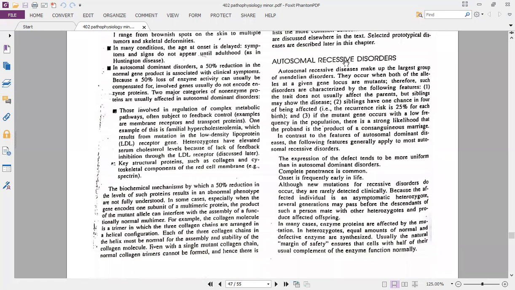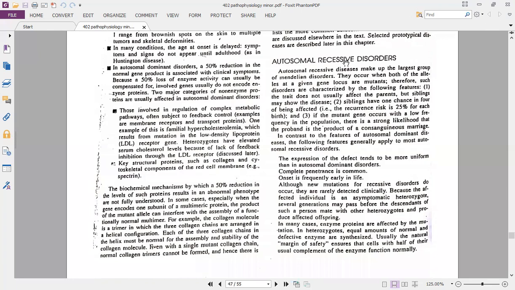Autosomal recessive disorders are ones in which, if two people are carriers of the same disorder, there will be 1 in 4 chances of passing on the disease to the offspring. For example, sickle cell anemia. If there is a carrier of sickle cell anemia, one individual is HbA HbS, the heterozygous condition, and the other is also HbA HbS. So when they both cross together, there will be 1 in 4 chance that the offspring will be HbS HbS.